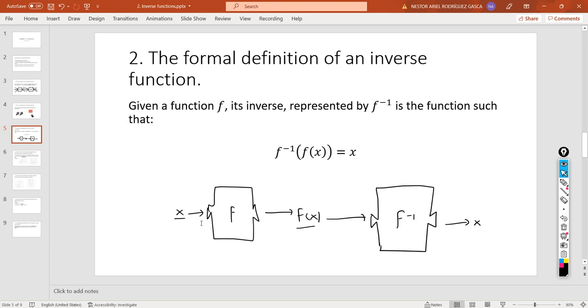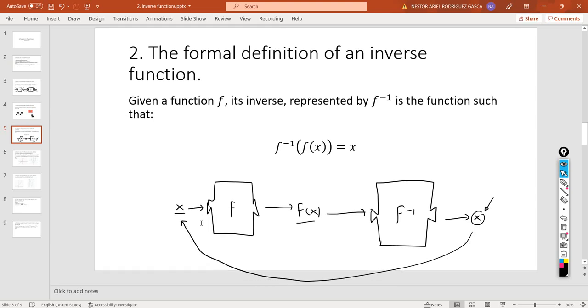By now you should understand this symbol as the output of f. Now if you give this particular output into f inverse, what is f inverse gonna do? It should give you the same input with which f started. You see? So in other words, when you evaluate f inverse in this value, when you go like this,